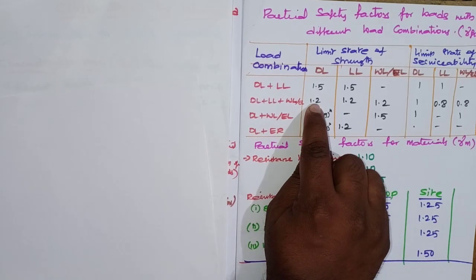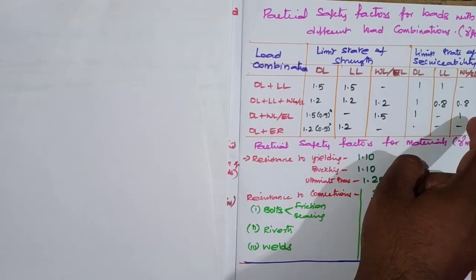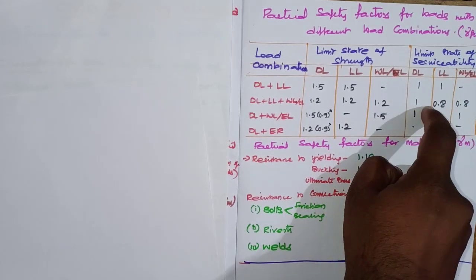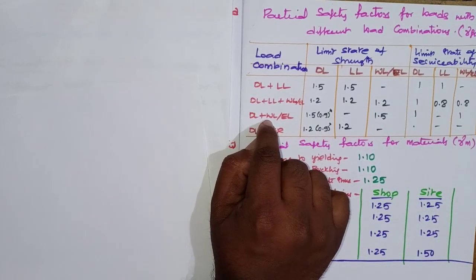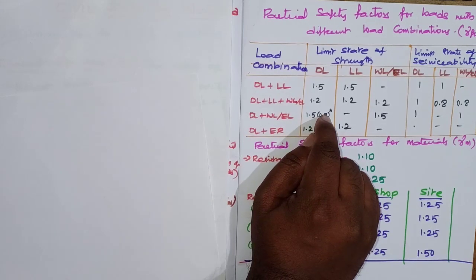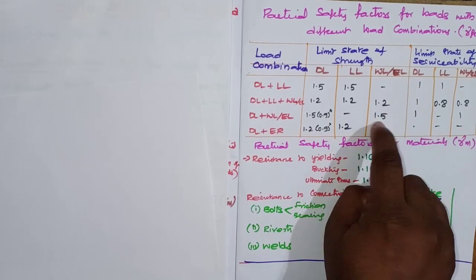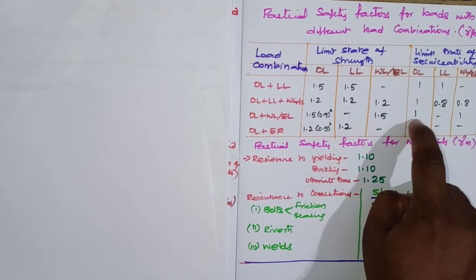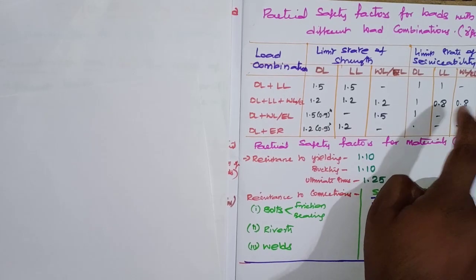So based upon these, the load partial safety factors are 1.2, 1.2, 1.2, and under serviceability criteria here 1.8, 0.8. Coming to the dead load and only wind load or earthquake load, 1.5, 0.9, this is in bracket, I will be telling you later, and because there is no live load, hyphen, and this is the wind load. And here also under serviceability conditions, these are the two values.